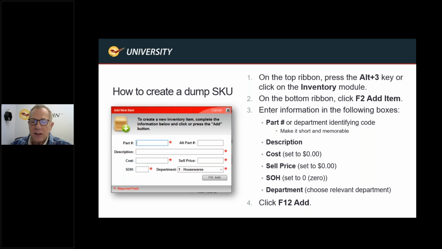In this case, the part number should be some sort of identifying code, a department code, maybe HW for hardware, ELE for electrical, or PL for plumbing, whatever it might be. It's always good to be descriptive in the actual part number. Then in the description, you can write that this is a hardware item that doesn't have a scan, whatever you want, to recognize that it is a dump SKU used to fulfill a particular department